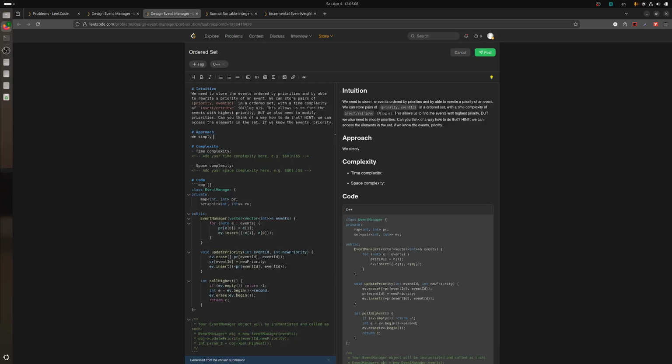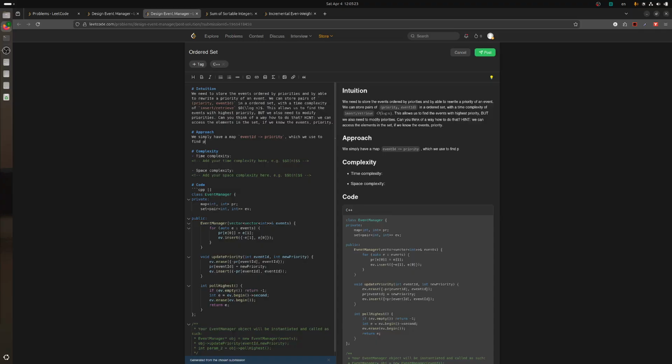We simply have a map, event ID to priority, which we use to find